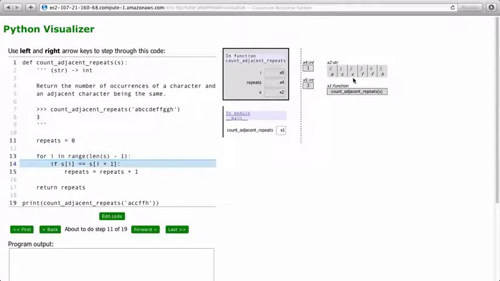The string at index 2 is compared with the string at index 3, and they are not equal, so the body of the if is not executed. We advance to the for loop header again, and I will be the next value that range generates. I refers to 3. The string at index 3 is compared with the string at index 4. Those two characters are equal, so the body of the if is executed this time. Repeats is increased by 1, so repeats now refers to the value 2, and I advances to the next value,